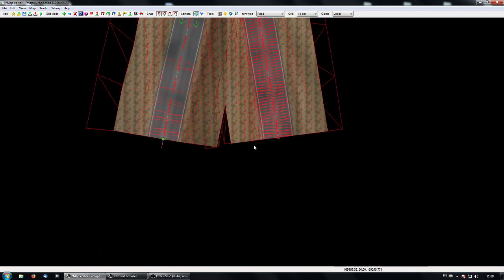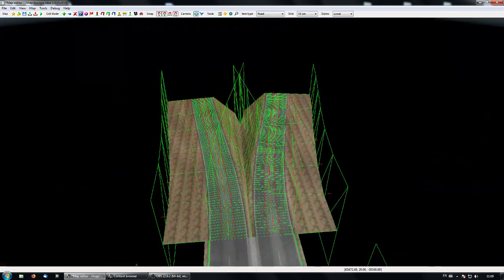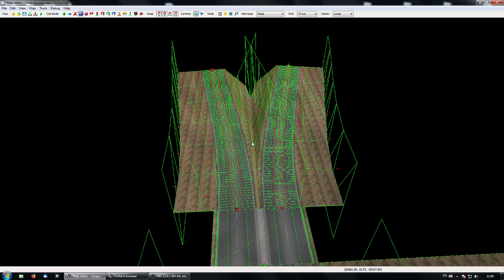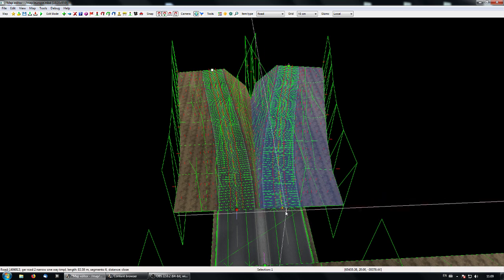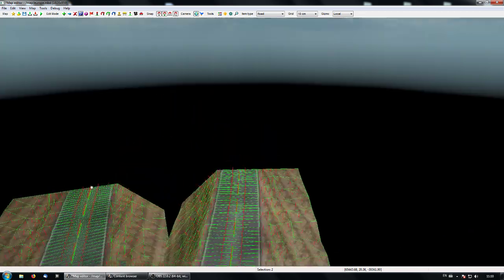So when you're gonna drive here, you're gonna have these invisible walls. When you combine roads, it's very important not to forget to disable these boundaries. Select one, select the other, P, properties, and no boundary. High poly roads, and this is it. Now you can drive